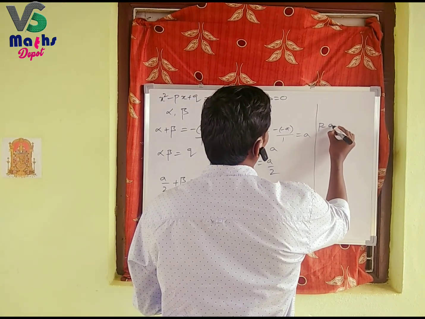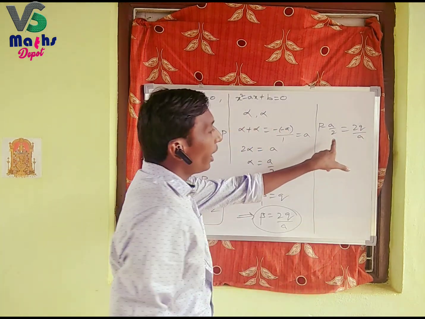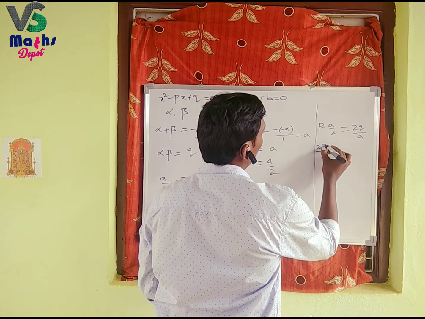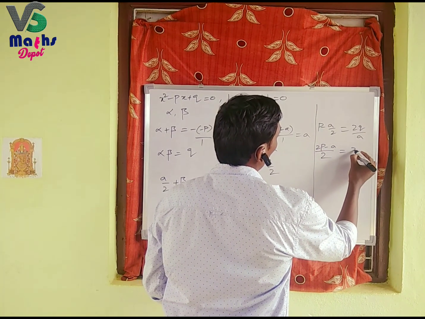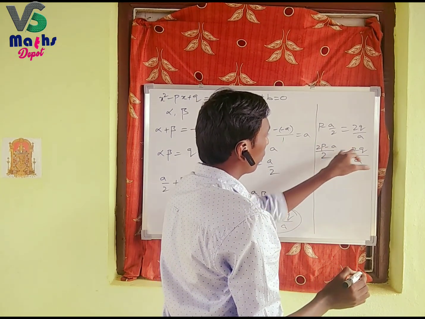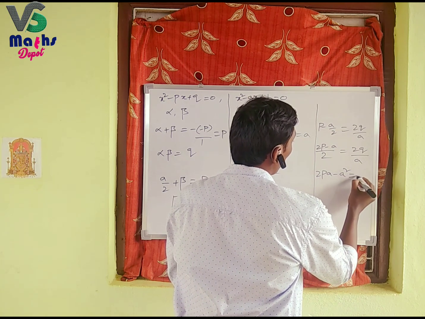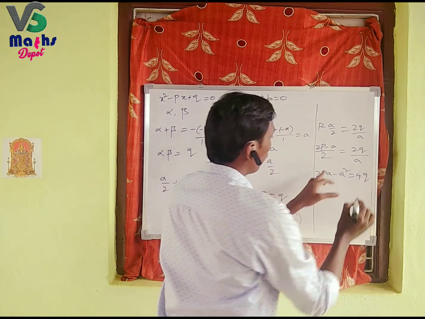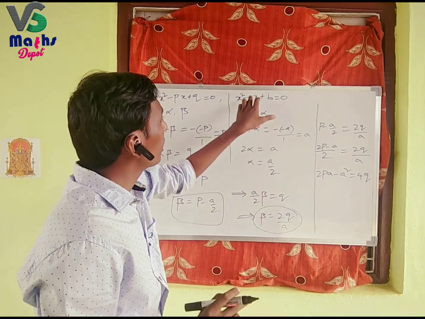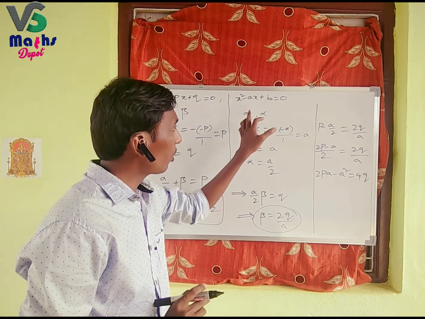p minus a by 2 is equal to 2q by a. Here, take the LCM 2, that gives 2p minus a by 2 is equal to 2q by a. Send this a this side and 2 this side: 2pa minus a square is equal to 4q, 2 into 2, 4q. And we have to observe the second quadratic equation has two equal roots, therefore the discriminant